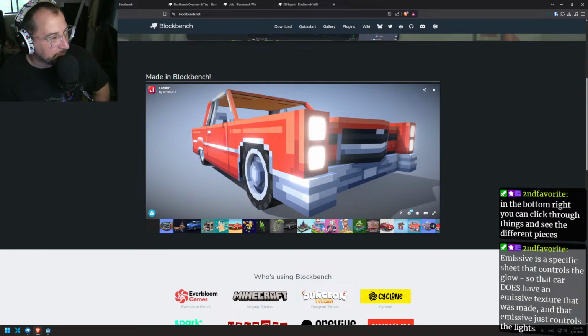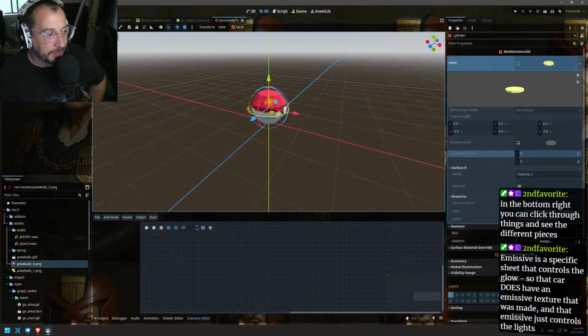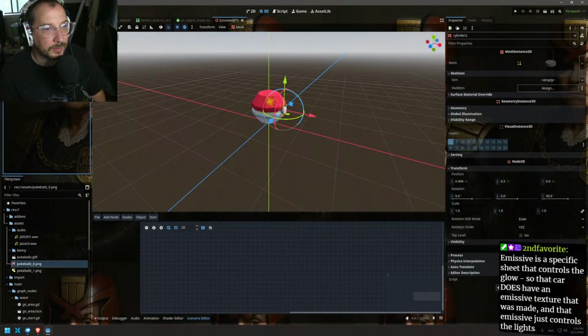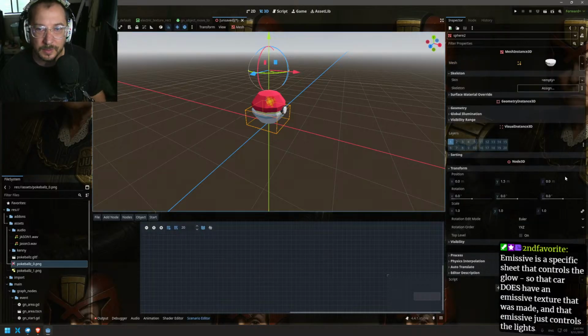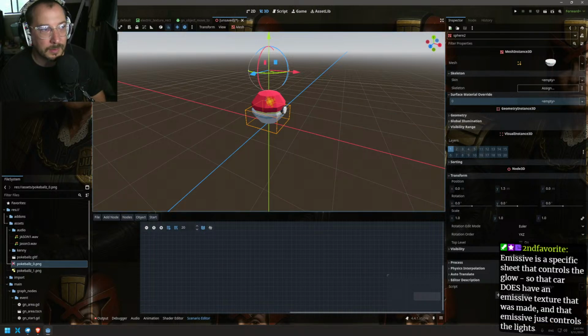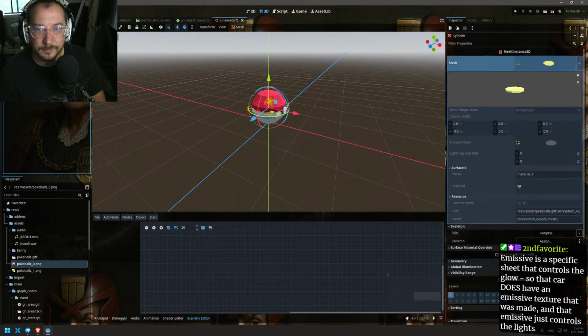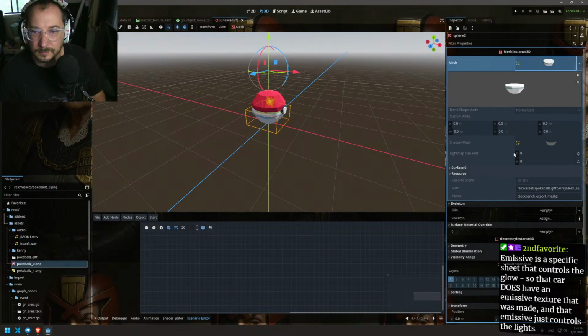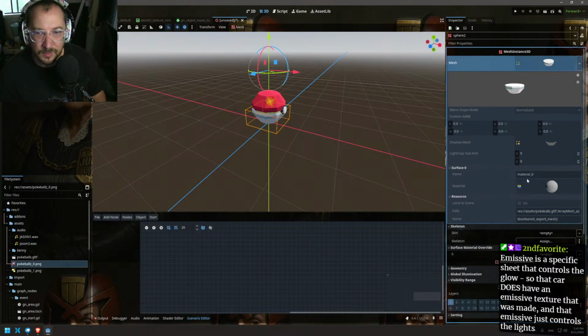Emissive is a specific sheet that controls the glow, so the card does have an emissive texture. Yeah, so I tried that on the Pokeball and it's just not working. It's like taking over the texture for that part. It does the whole